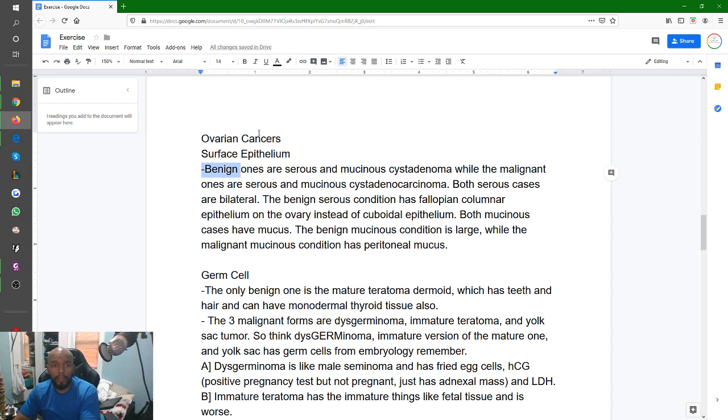So surface epithelial ovarian cancers. Benign ones are serous and mucinous cystadenoma, right? There's a serous cystadenoma and a mucinous cystadenoma. The malignant ones are named the same thing, serous or mucinous cystadenocarcinoma, right? Which now, based off of pathology, the naming tells you it's malignant. Both of the serous cases, the malignant and the benign one, are bilateral, which is a big deal. The benign serous condition has fallopian columnar epithelium on the ovary instead of cuboidal epithelium, and both mucinous cases have mucus. The benign mucinous condition is large, while the malignant mucinous condition has so much mucus it's even in the peritoneal area. Right? So that's generally the summary of what the surface epithelium ovarian cancers are,